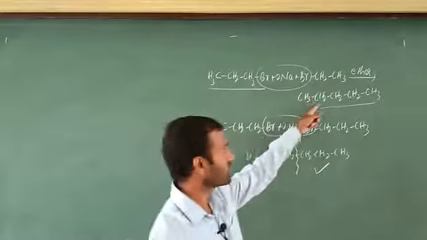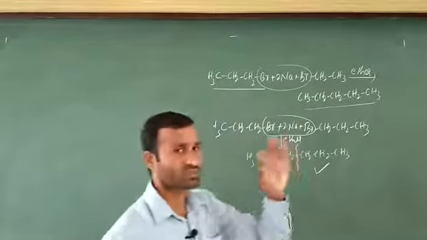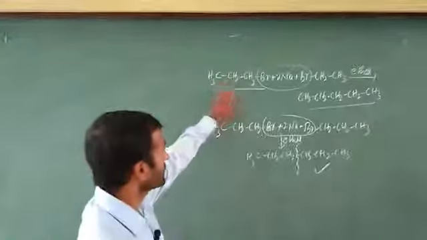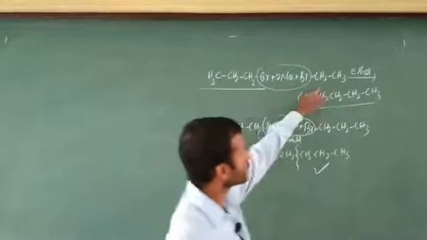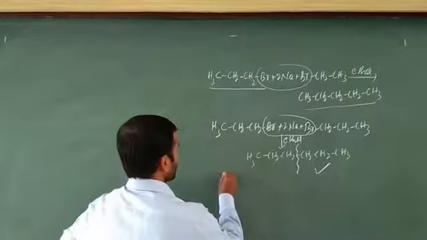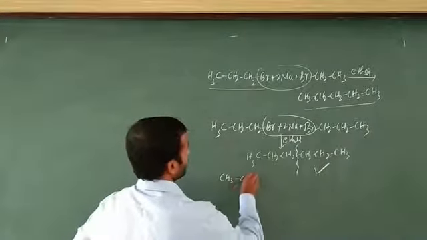But in the other case, symmetry is not possible. Total 6 carbons are there. You have to write the IUPAC name: hexane. Okay, next, for this one you have to take 2 moles, and next you have to take this one 2 moles. Here I am going to write CH3, and after that I am going to write